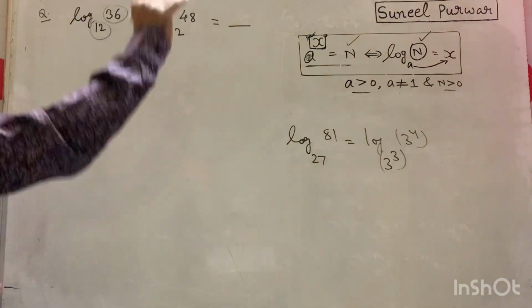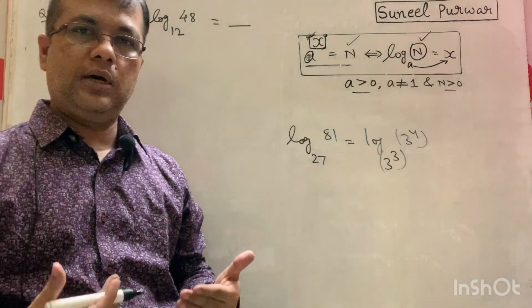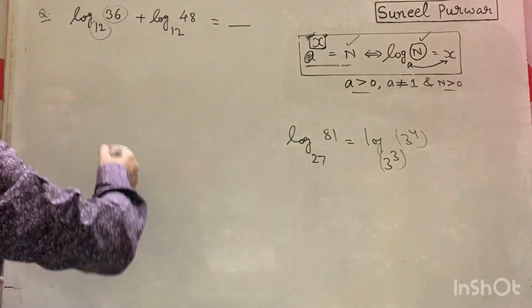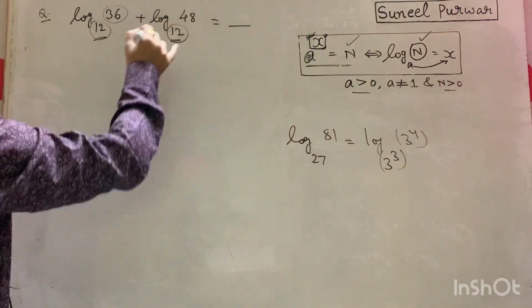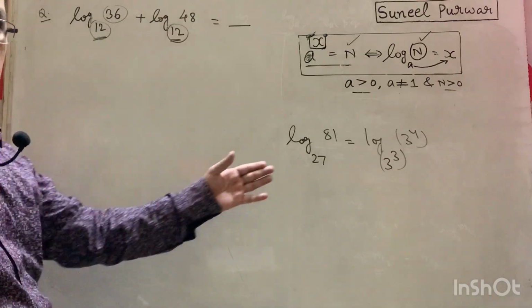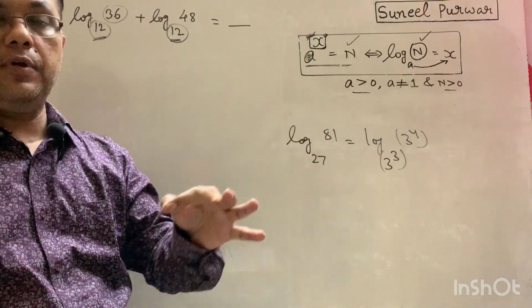So what you will do is, you are equipped with more tools now to answer the question. So you are having a sum of two logarithms, and they are having what? Same base. So using the first property I told you now, log of m plus log of n will become what? Log of m into n.